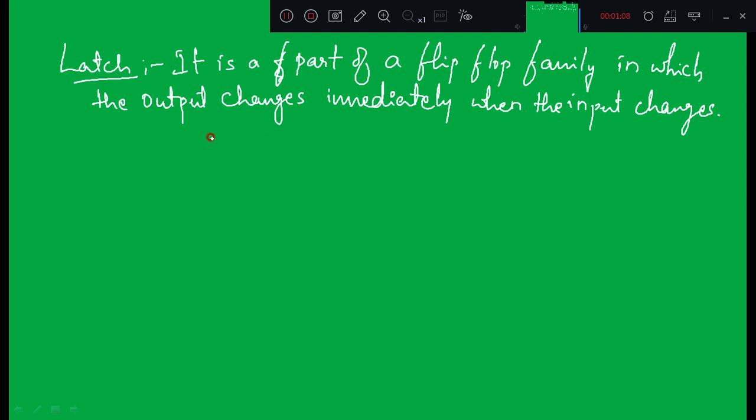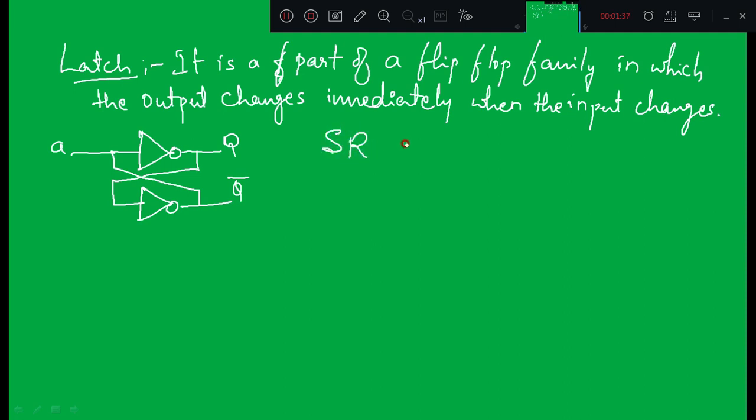So to understand the flip-flop, we need to understand the latch first, and we have also seen a basic bistable element which is made up of two inverters which are cross connected, like this, right? Due to this feedback, this sequential circuit will act as a memory element. This is the basic bistable element you saw in the last class using two NOT gates. In today's class we will continue our discussion on the latch.